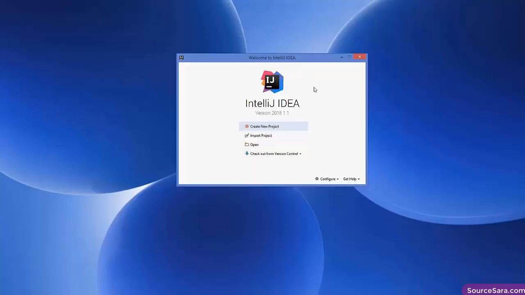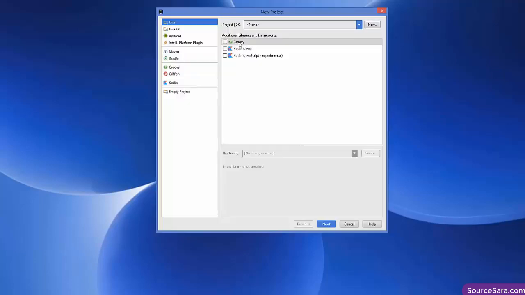So now our IDE has been started, and it's going to ask us to create a project or import a project or open some project. So let's create a Java project. So I'm going to just click create new project, and in here you will be able to see on the left hand side there are many categories like Java, JavaFX, Android, and Maven, Groovy, and other types of project you can create from here. But the one we want is the Java project, so just choose the first option here,